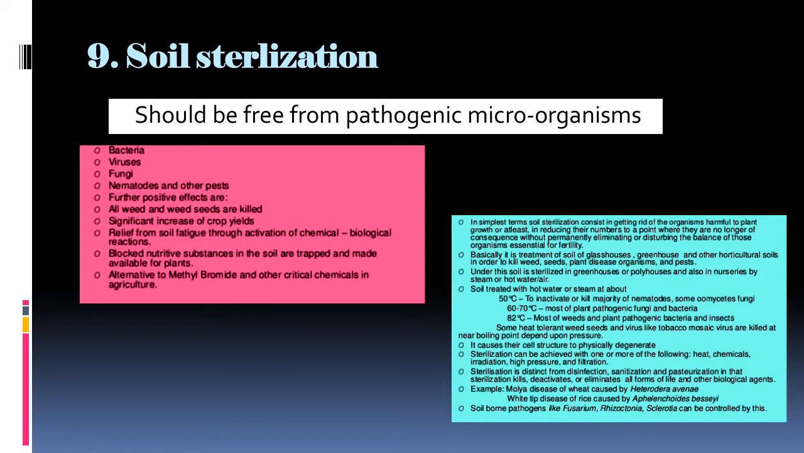Soil sterilization is also another very important factor. Soil should be free from pathogenic microorganisms, because the soil may contain many pathogenic microorganisms, that is bacteria, viruses, fungi, nematodes and other pests. So it is advisable to control them before planting. This pathogen may be of various